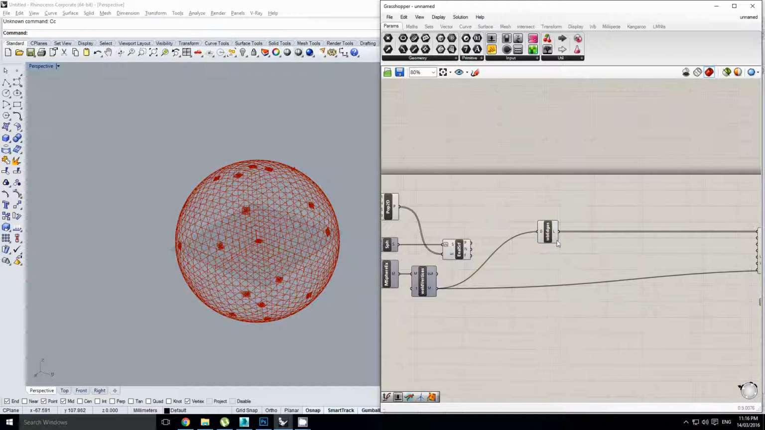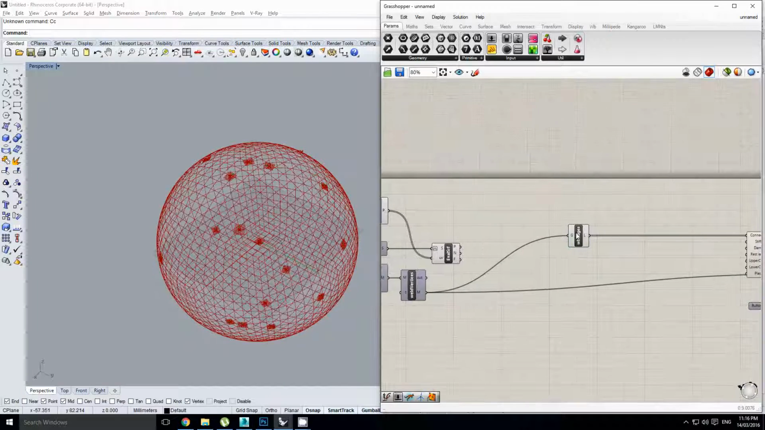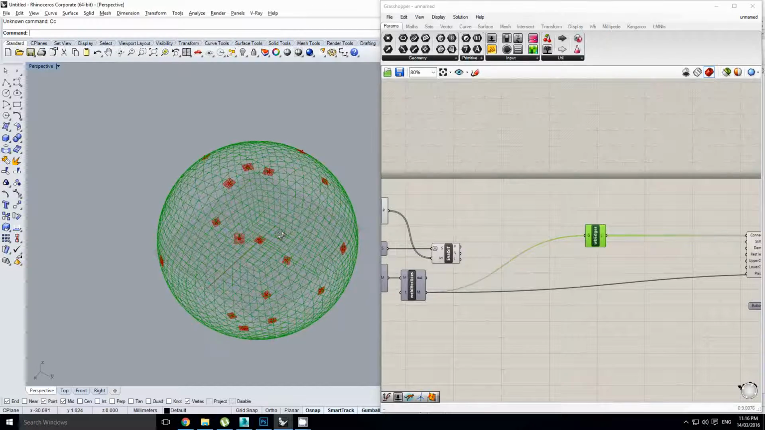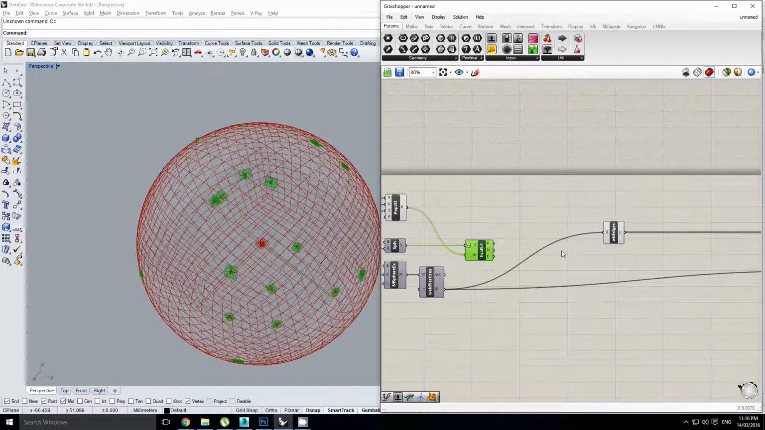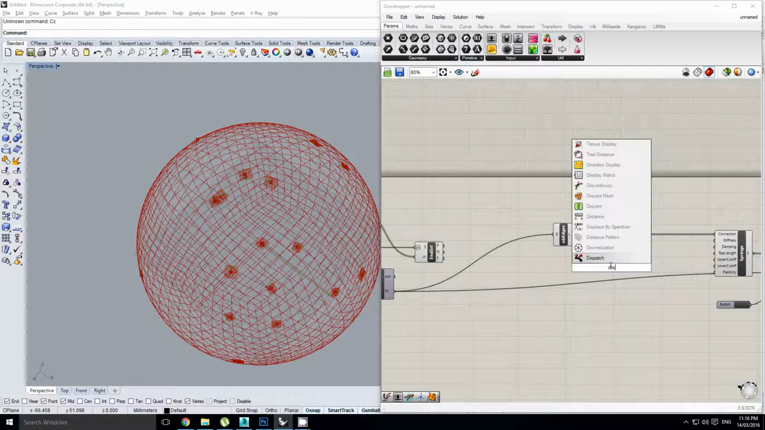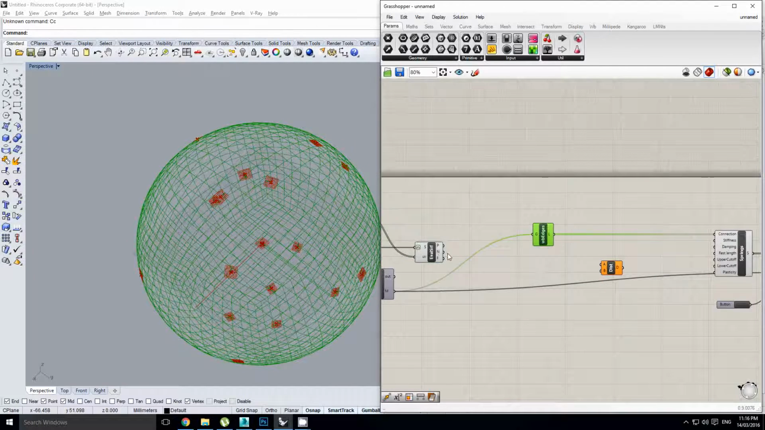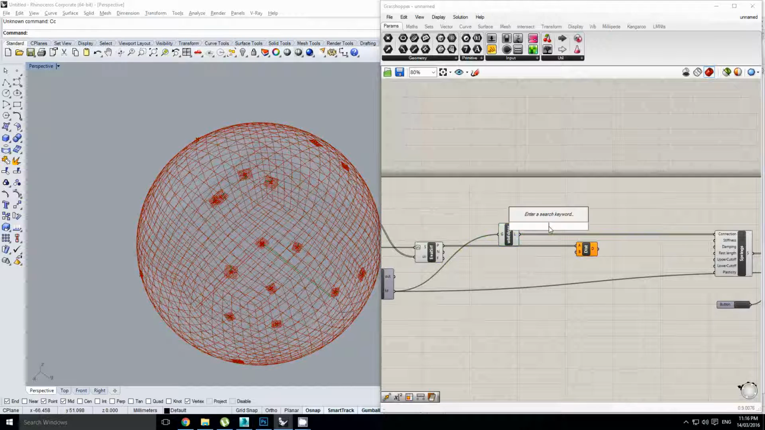And so now what I want to do is drive the length of these edges based on their proximity to each of these points. So what I'm going to do, oops, I'll keep those on for now. I'm going to do a distance between each of these points, and I need to extract some points from these edges. So I'm going to do an evaluate curve,